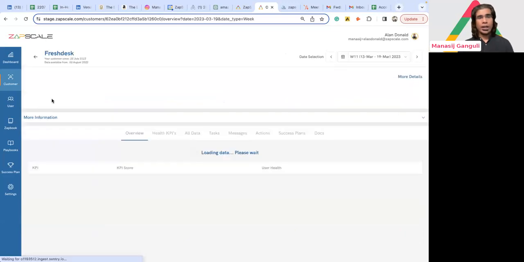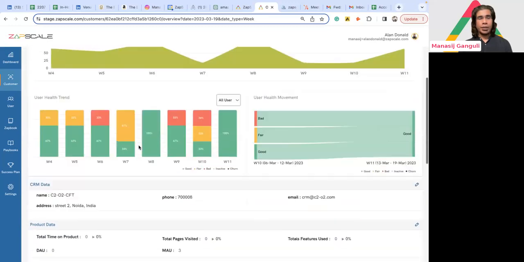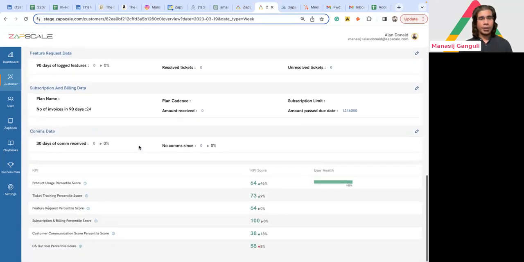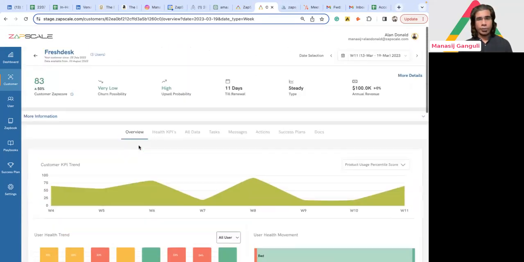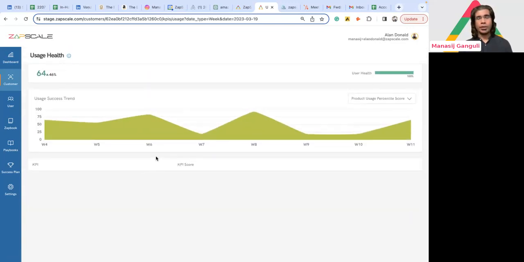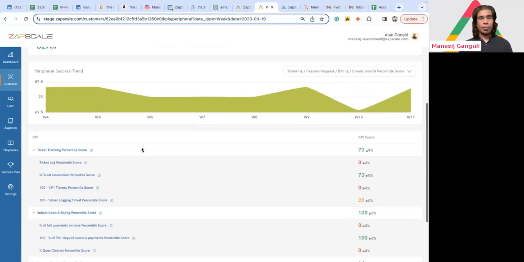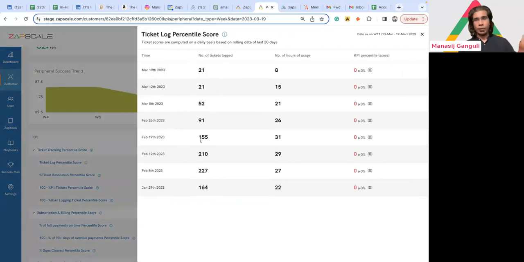And if you go and detail into it, we can actually go and see the entire picture. For example, I can very easily see that for this customer, how are they looking like in health? We can very easily see that this particular customer's product usage trend looks pretty good, as you can see right here. In ticketing and billing, they also look pretty all right. We can see how many tickets they have resolved, asked for against how many hours of product usage,